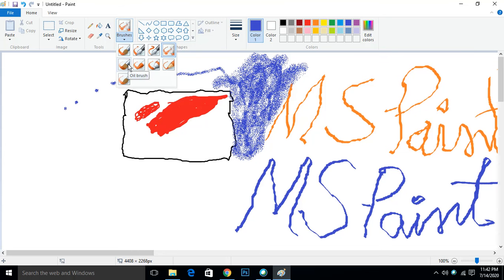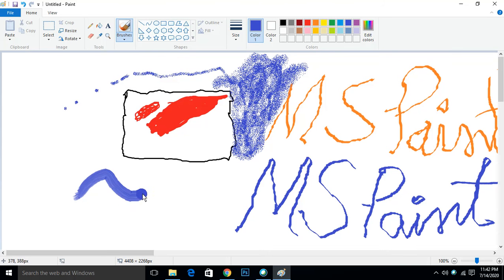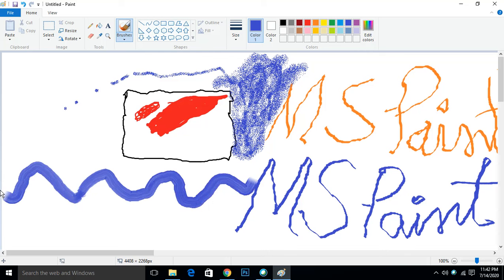Next one is oil brush. When we do the coloring with the help of oil brush, a different effect will come. You can see when I am drawing with the oil brush, this type of effect will come. Is it looking good?